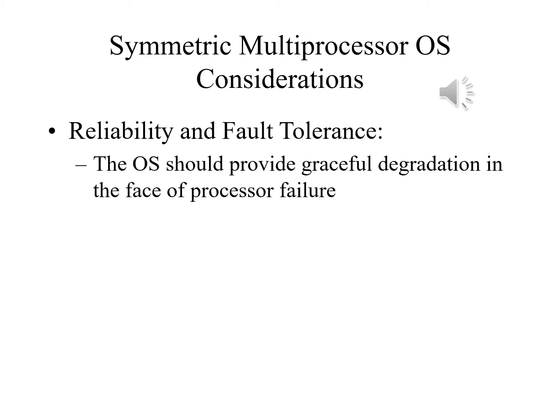Reliability and fault tolerance. The operating system should provide graceful degradation in the face of processor failure. The scheduler and other portions of the operating system must recognize the loss of a processor and restructure management tables accordingly. Because multiprocessor operating system design issues generally involve extensions to solutions to multiprogramming uniprocessor design problems, we do not